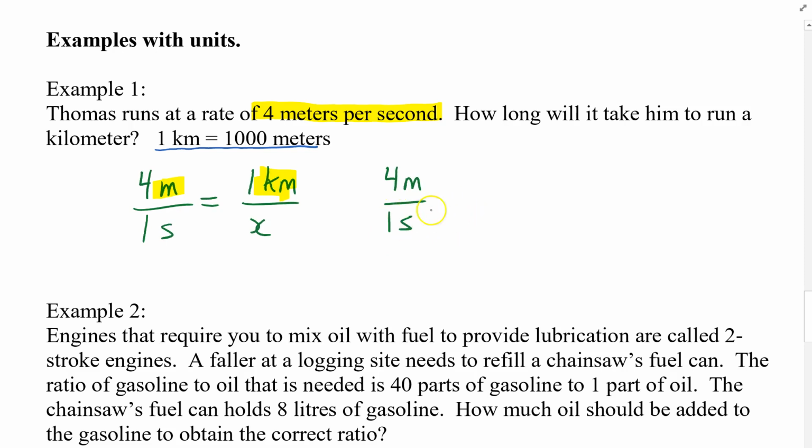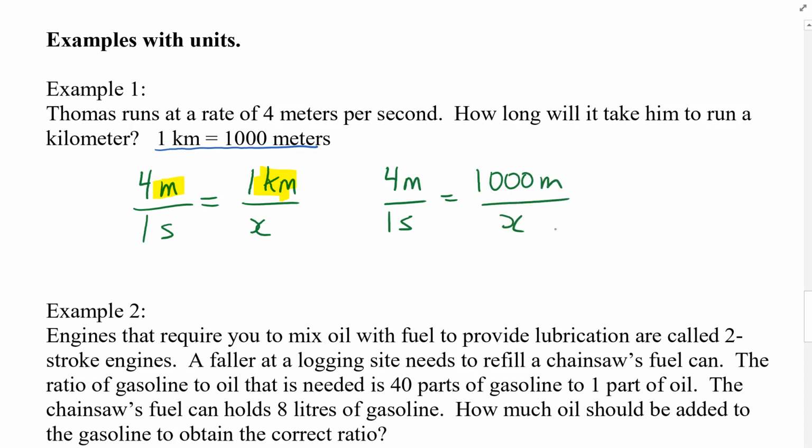per second. Per just really means divided by, or a fraction bar. A fraction bar actually means divided by as well. So when you see the per, you can think of it as a fraction. So we have 4 meters for every 1 second is equal to 1,000 meters